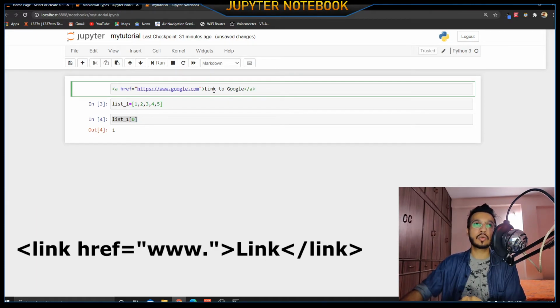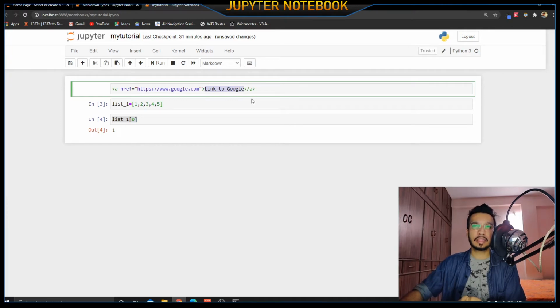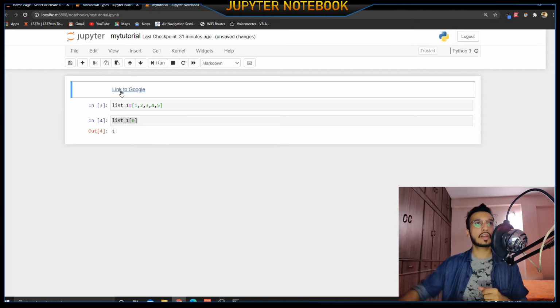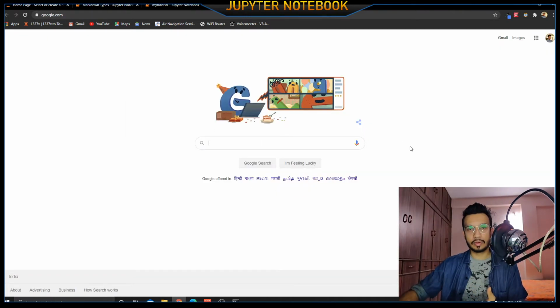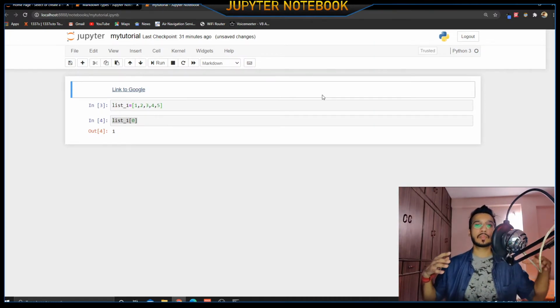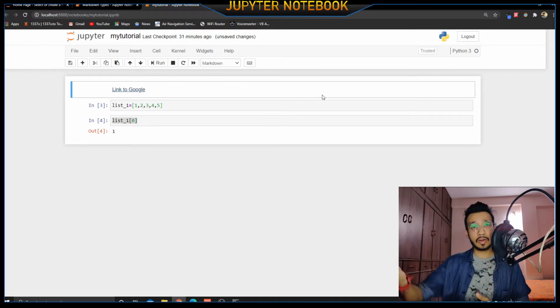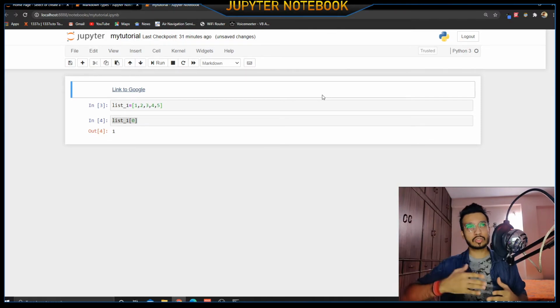For example, the link to Google would be highlighted in blue. Let me just execute this cell, and now if I click on the link to Google, it will take me to Google. Yes, if you can see, I'm redirected to Google. For example, if you want to redirect the person who's reading your document to some other site, wherever you have referenced that thing, you can use that. You can use the link to your advantage in the document and let the reader know where you have brought the material from.